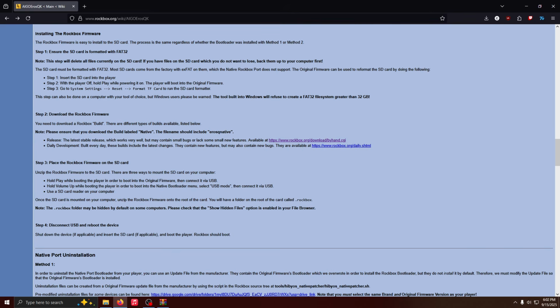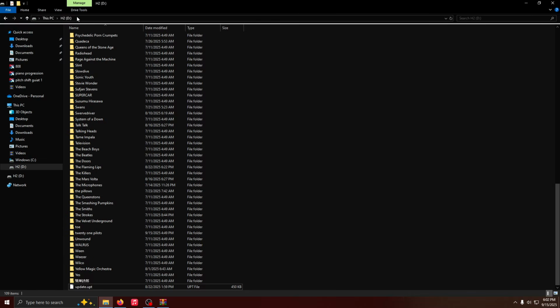Just unzip the firmware onto the SD card. I recommend just doing it through like an SD card reader, or just by plugging in the H2 itself and then putting the unzipped file onto it, and then it should be there. If it is hidden, which it could be, it wasn't hidden for me, but it could be hidden for you,